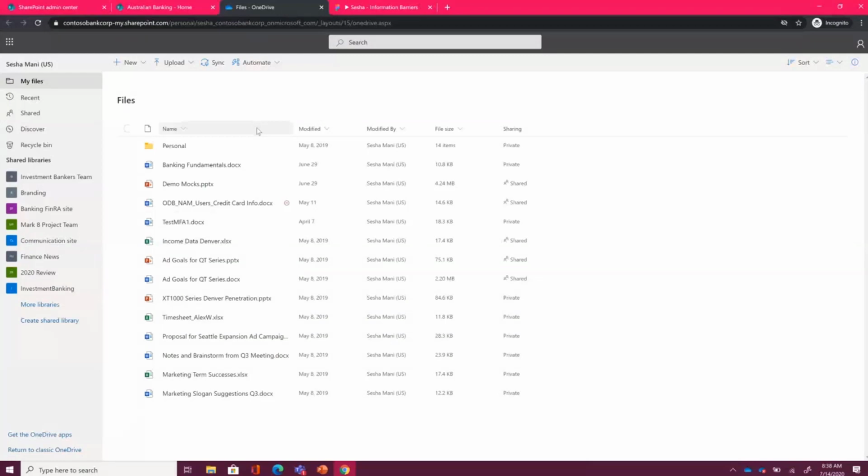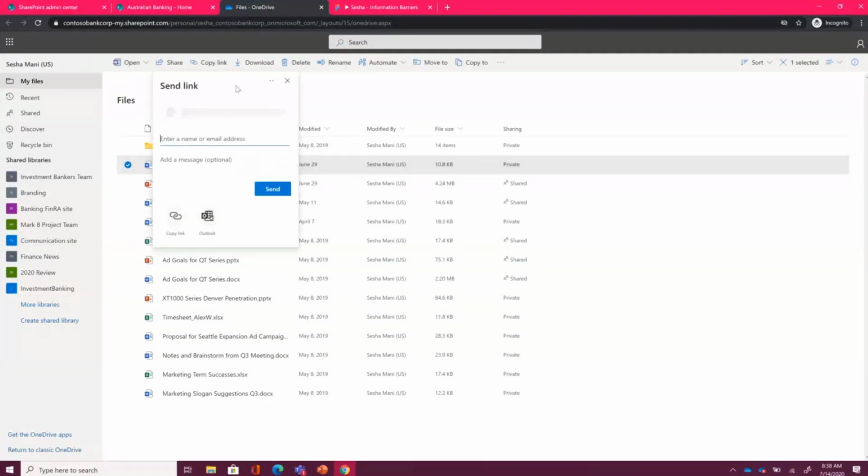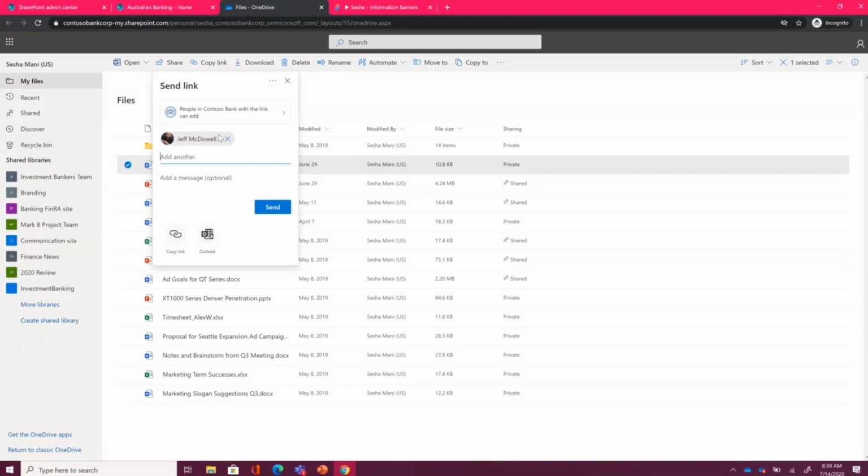So what does that mean? If user Sesha wants to share a particular file with, say, user Jeff, you remember user Jeff is an investment banker, he will be able to do so using the people picker. But if user Sesha tries to look up or even share the site or its content with user Nikita, he would not be able to do so because Nikita belongs to corporate advisory, and per the IB policy, investment banking is not allowed to communicate and collaborate with advisory.